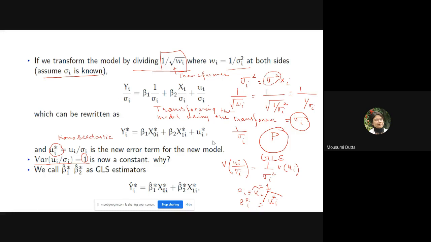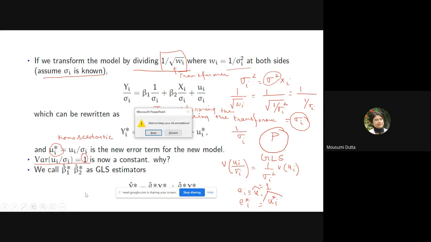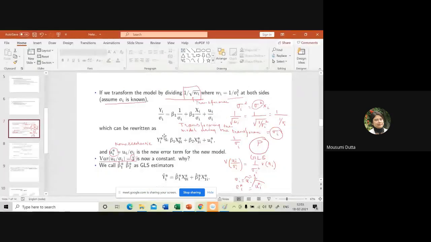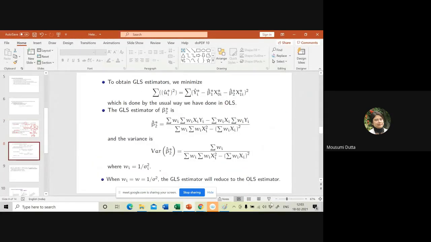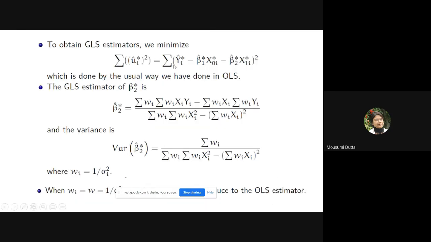So I am getting summation yi star hat, etc. And we will simply minimize this subject to beta 1 star hat and beta 2 star hat and find out